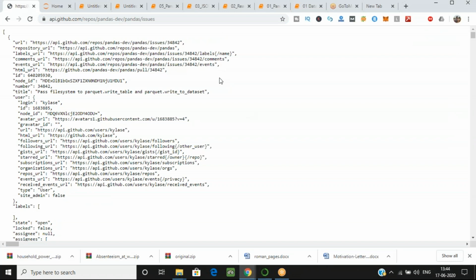Do you know what is web scraping? Yes, participants, web scraping. But Shrey, what is web scraping?